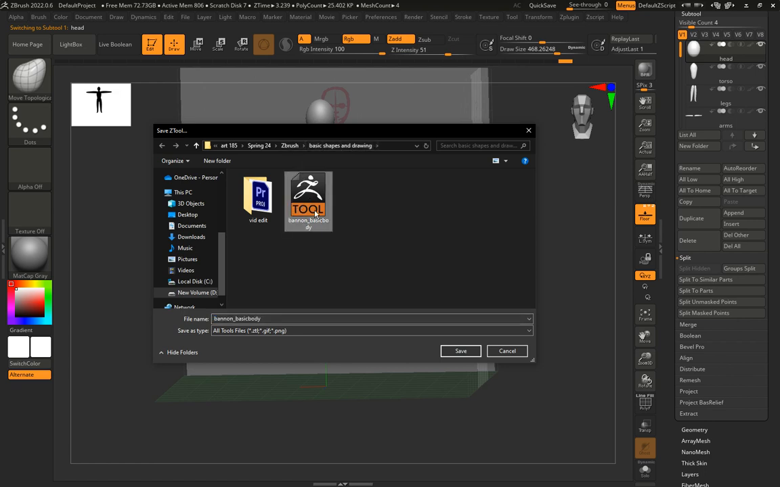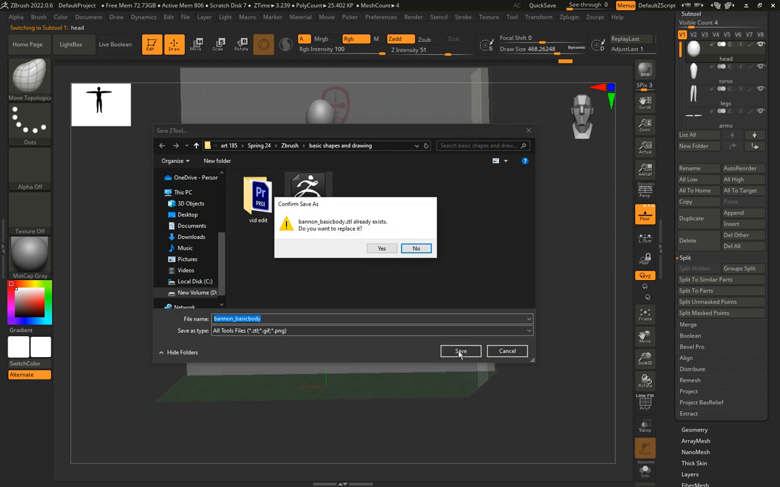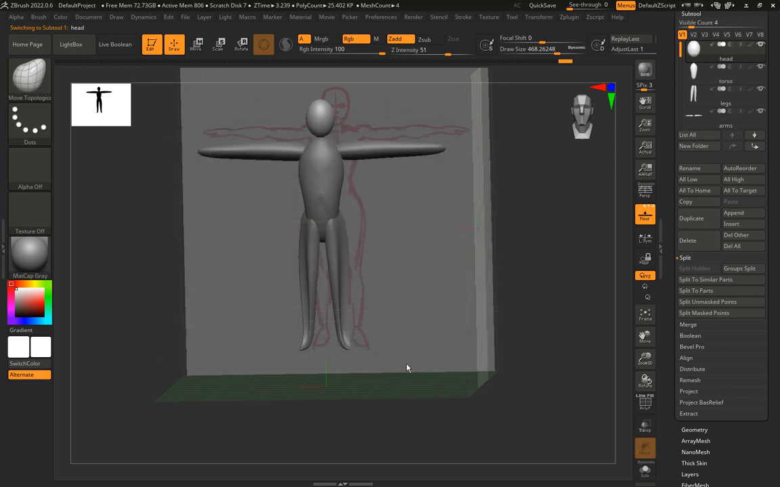I'm going to call this my last name and basic body. I will type that in here. It's going to save as a ZTL file, a Z tool. I'm going to go ahead and click Save. Okay, and then I'm going to